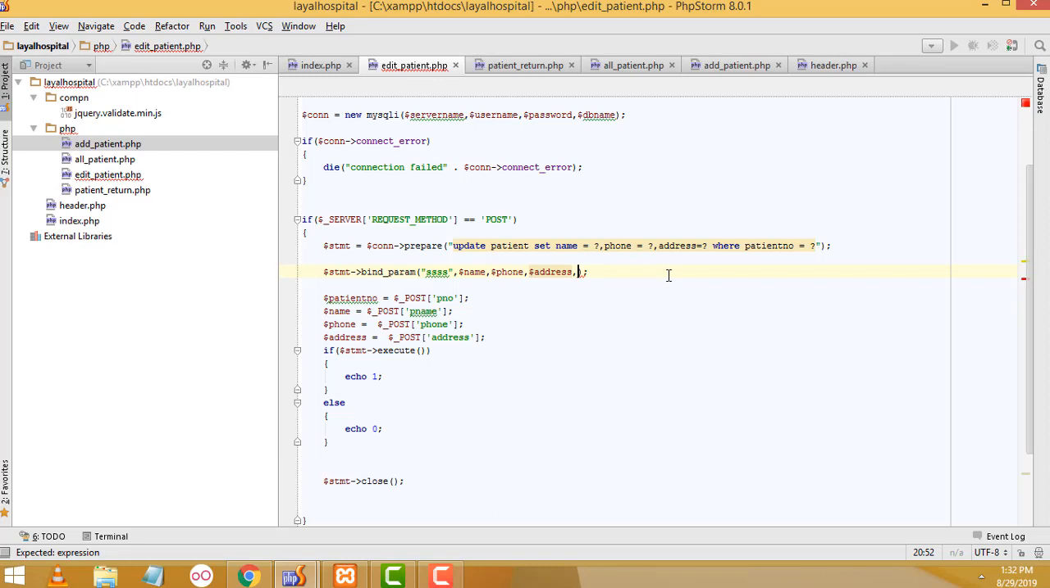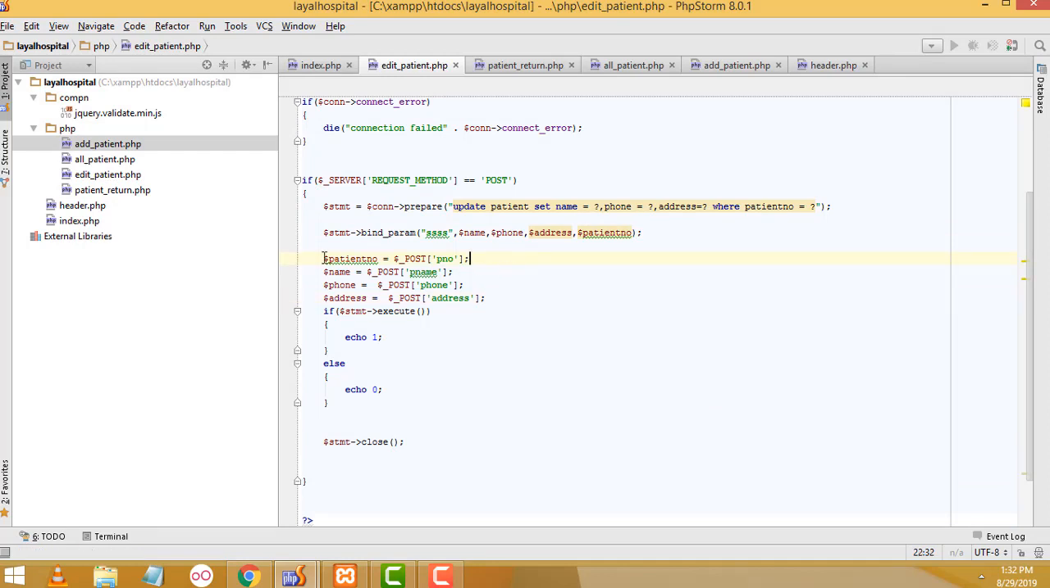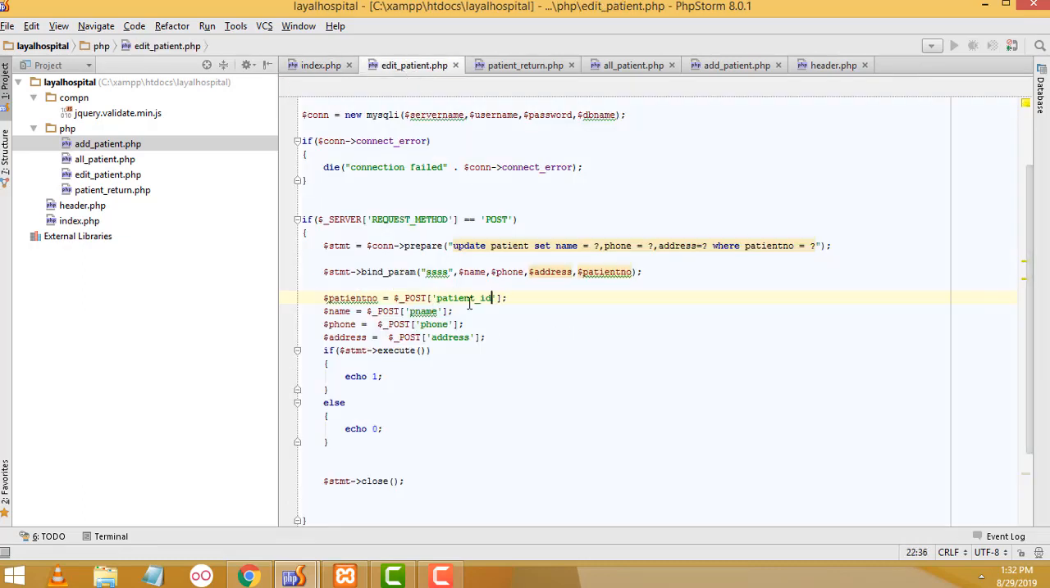You have to write like this: patient number. Control C to copy, Control V to paste here. Here we have to get the patient number, this patient ID. Control C to copy, Control V to paste here. This patient ID goes here. We have to write,